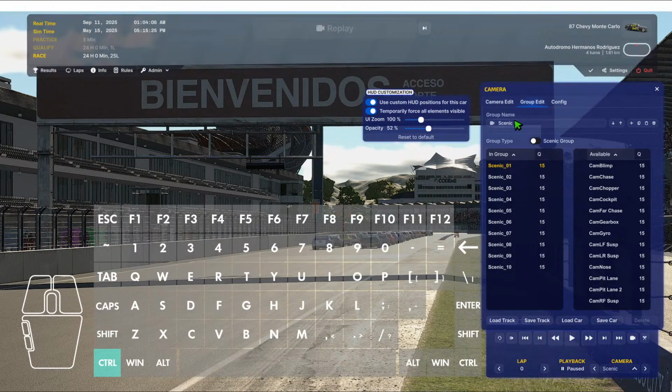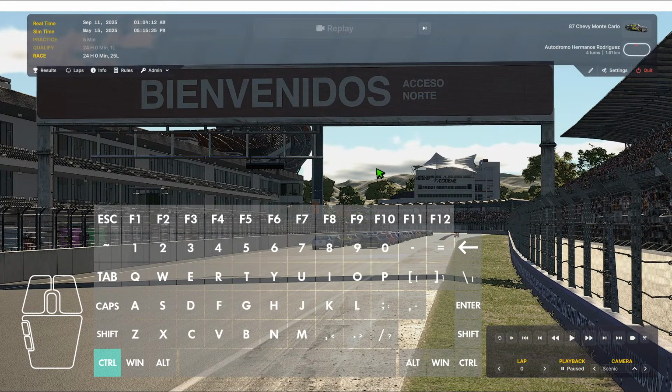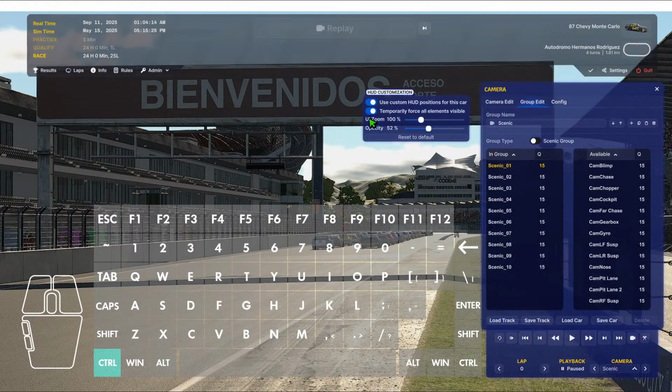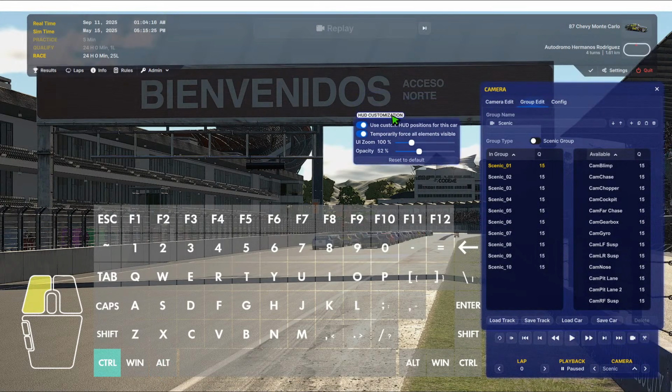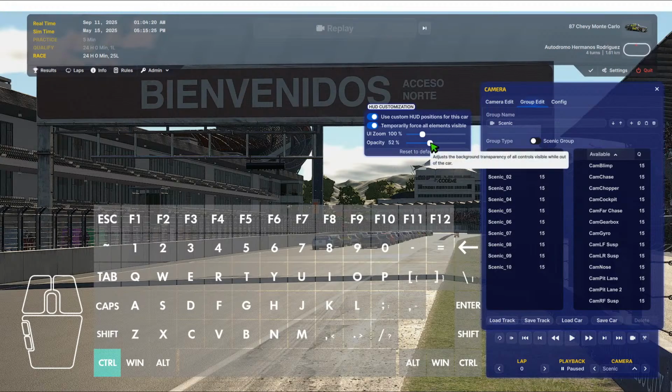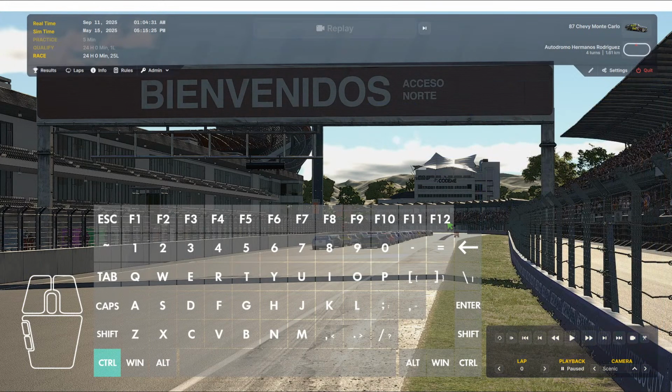I would highly recommend also, when you Alt-K, somewhere in your stuff here will be this box. I like to take the opacity of the UI down to about 50% at least. And when you close it out,